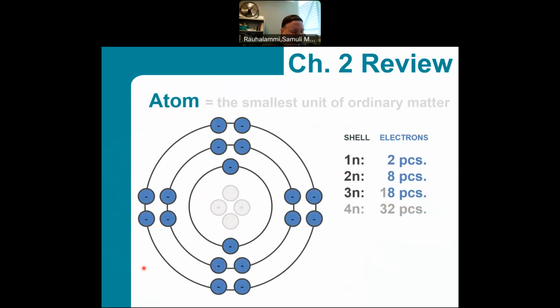be much more complex than what we saw in our previous illustrations. There can be a large number of electrons, but there is a specific order in how these electrons organize. The innermost electron shell can only fit 2 electrons. If we have more than 2 electrons circling the nucleus of an atom, then we need to create a second